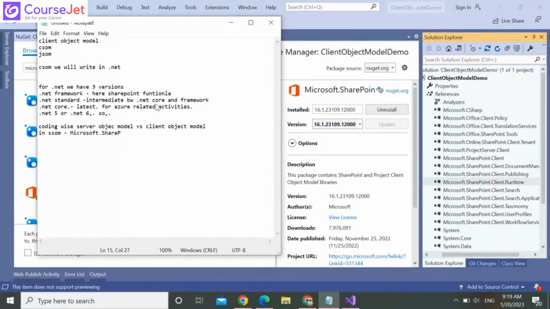There are also many other DLLs available, but this is the default DLL for the server object model. But for the client-side object model, we need to add Microsoft.SharePoint.Client and Microsoft.SharePoint.Client.Runtime. These two are the default DLLs we need to add. Okay.